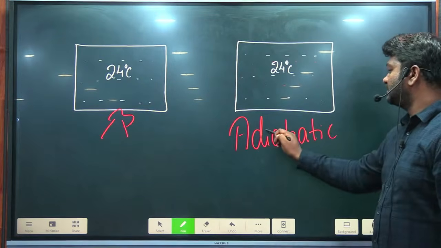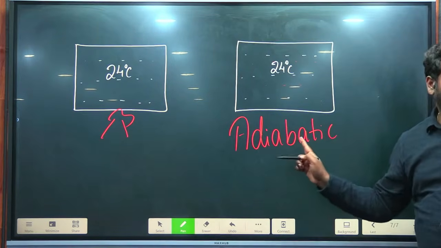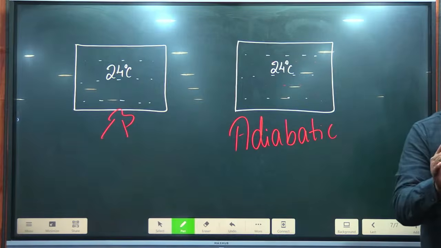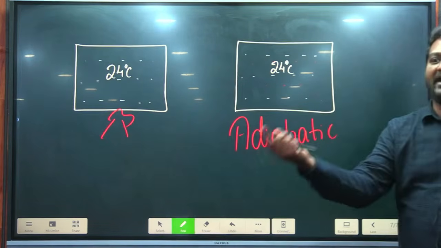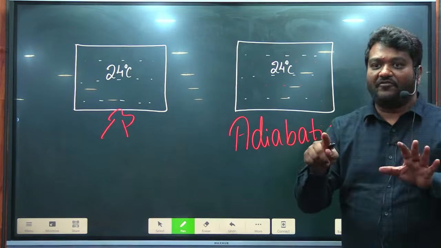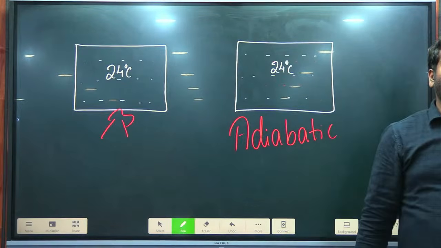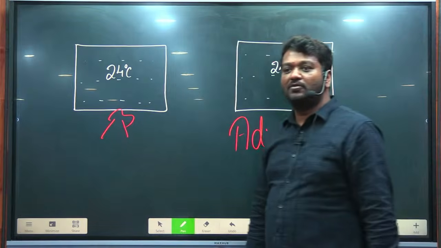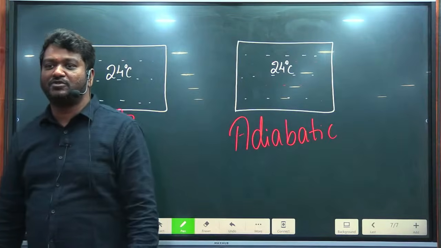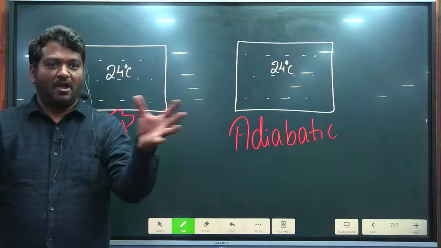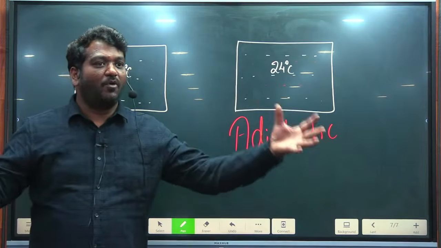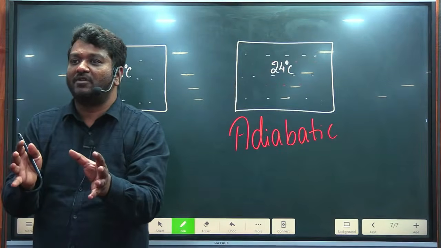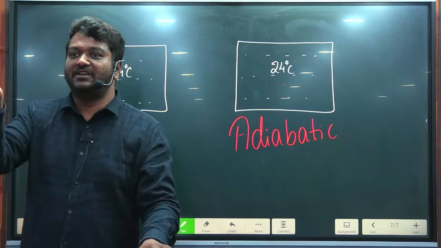You will read this line everywhere. What is adiabatic? Without providing external heat. If temperature is increased, then it is called what? Adiabatic heating. And what should we do to do adiabatic heating? Compression, or bring particles closer. The more particles come closer, there will be increase in temperature.